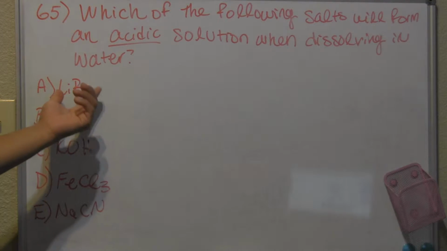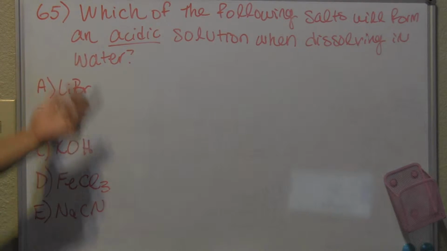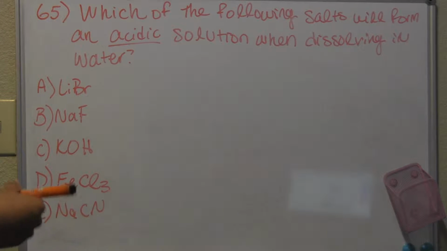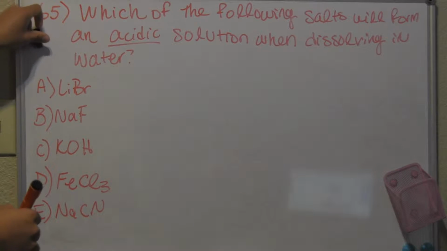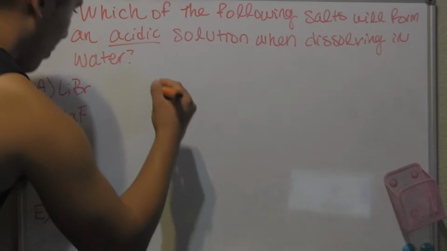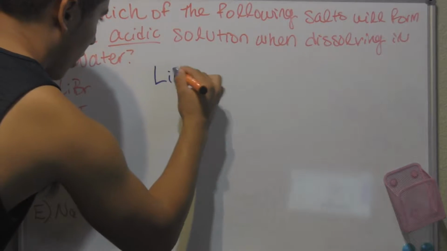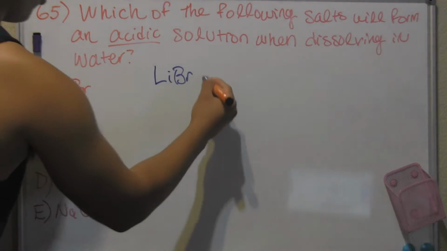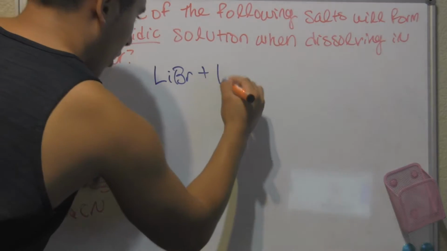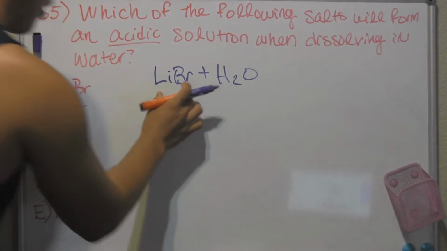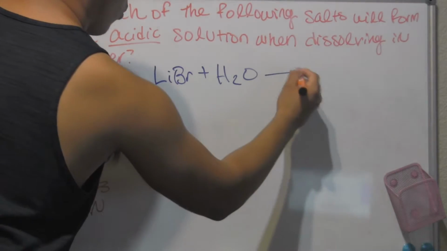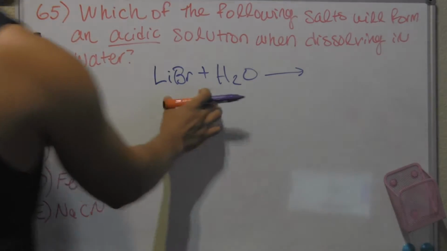Okay, so we're going to be adding each one of these elements or compounds with water to see what they produce. So let's first start off by adding lithium bromide to water. Okay. So LiBr plus H2O will yield lithium hydroxide